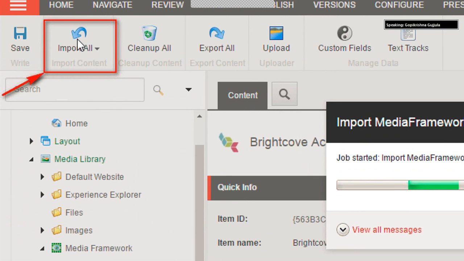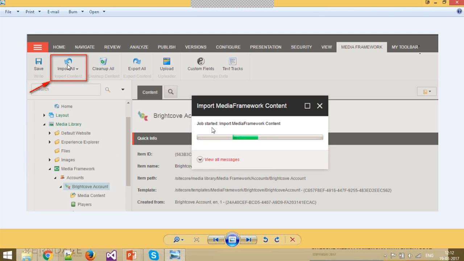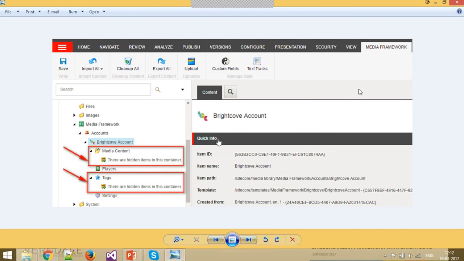So the first time, I don't have anything from the Sitecore side to export, so we'll select Import All. Once we click Import All, the import of the media framework content will get started. That process will make this screen pop up. Once everything is successfully imported, we'll see